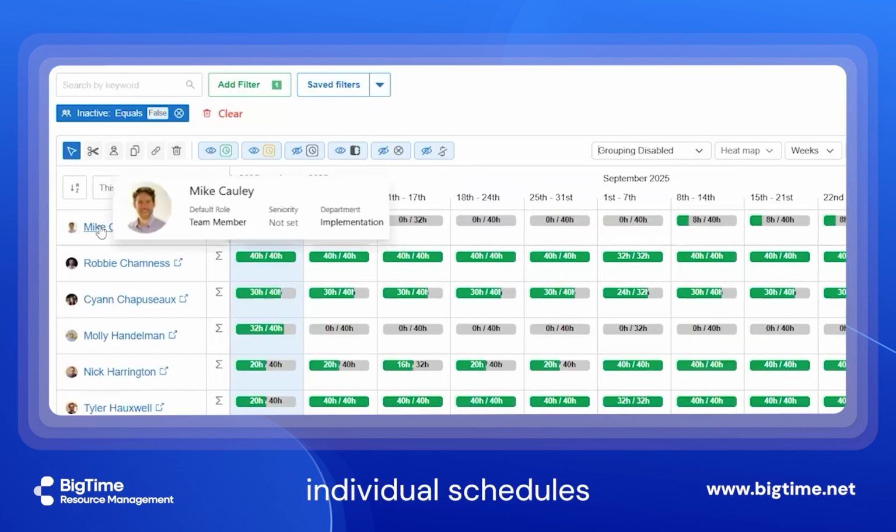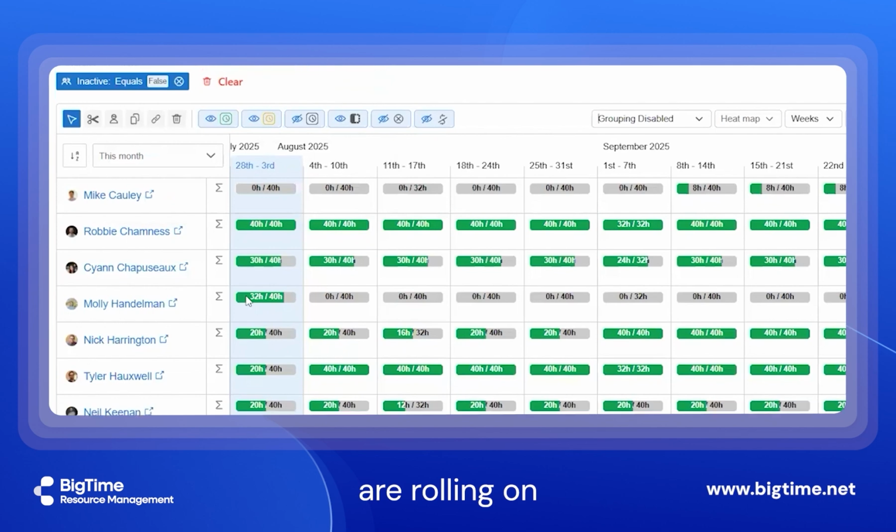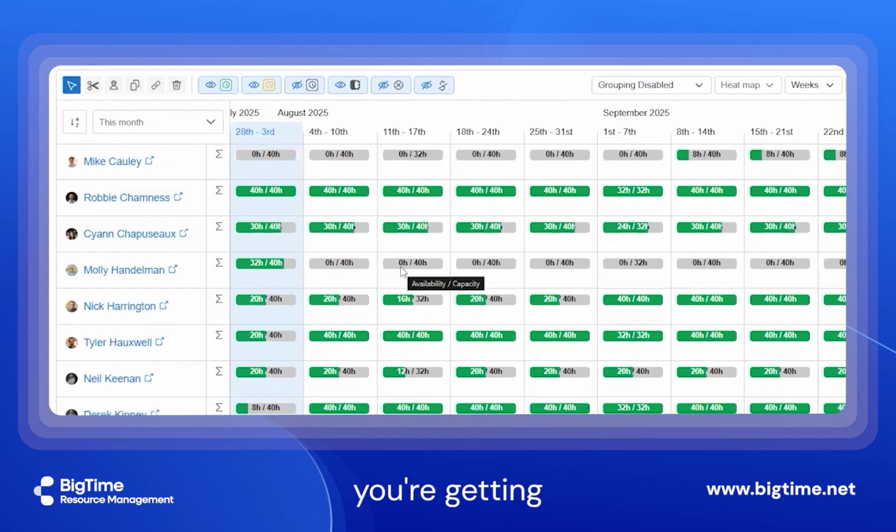Now, let's move from individual schedules to a firm-wide view that answers one of the most common questions COOs ask us. Do we have the right people at the right time to deliver on our clients' commitments? And just as importantly, are we losing margin by carrying too much bench or risking delays by overloading key roles? This is where the heat map comes in and becomes incredibly powerful. What this is going to do is look at pure availability versus capacity. It's also going to show when staffers are rolling on and off of jobs. And then you're getting a quick snapshot across roles, time periods, and projects